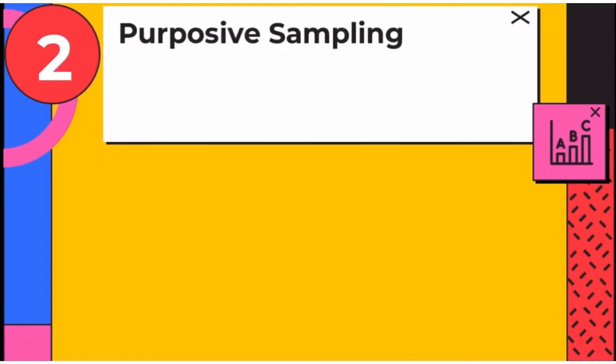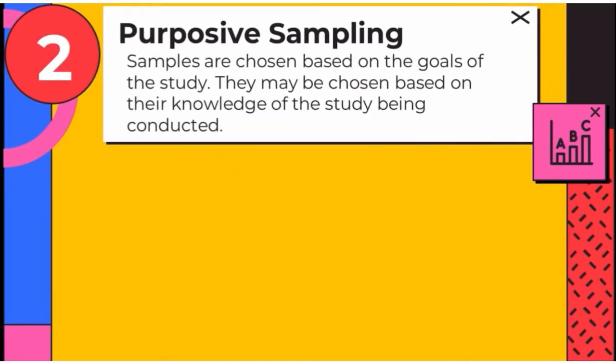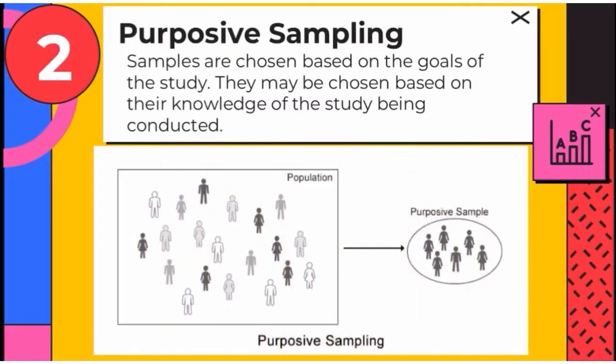Purposive sampling. Samples are chosen based on the goals of the study. They may be chosen based on their knowledge of the study being conducted. Sa sampling na ito ay mas may control dito yung ating mga researchers. Pwedeng mapili dito yung mga tao based on their knowledge or expertise based on the study being conducted. For example,